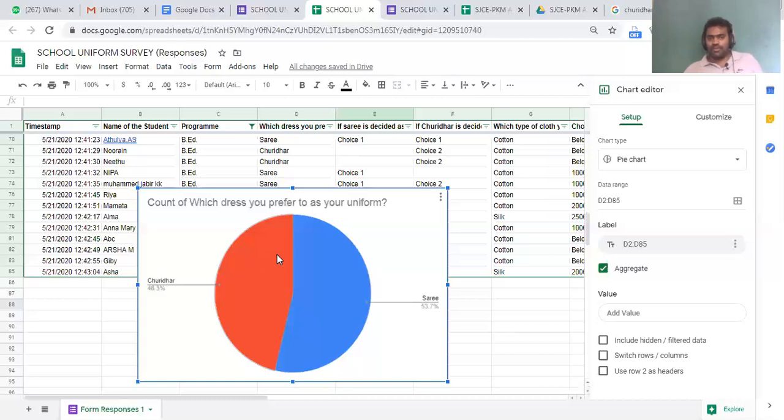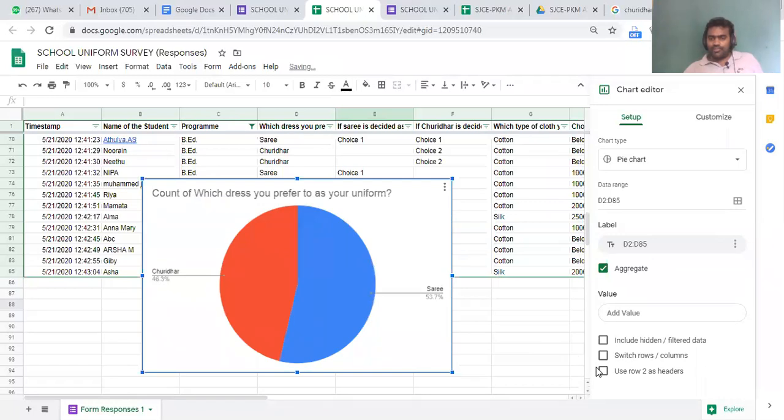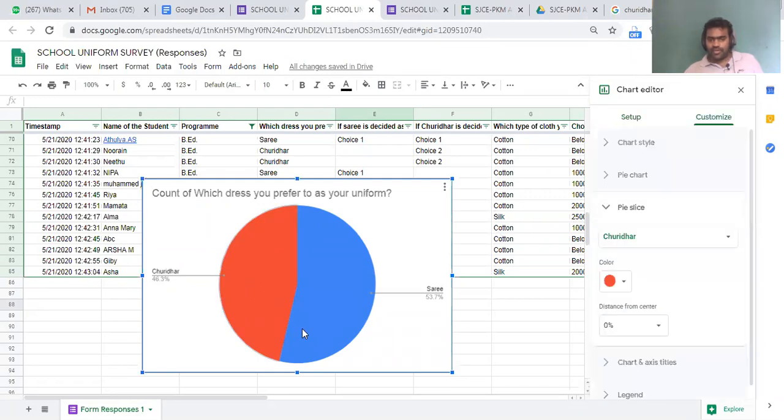Can you see that? Like that you can do for a survey form. A chart is better, right, Arushi?